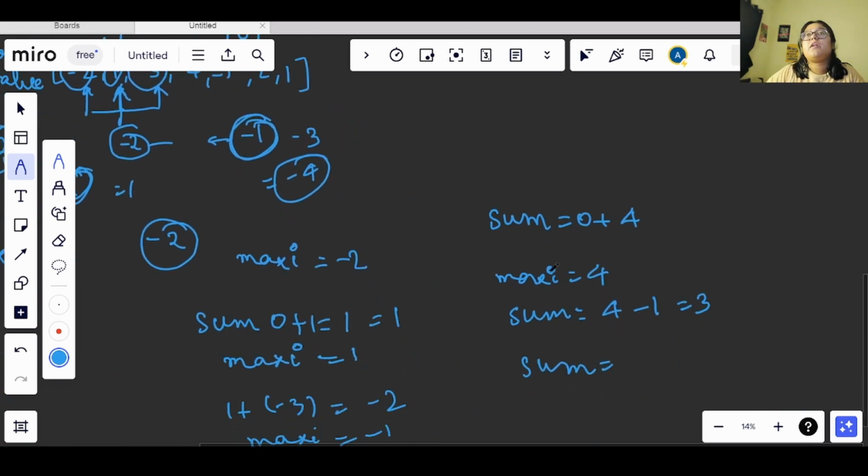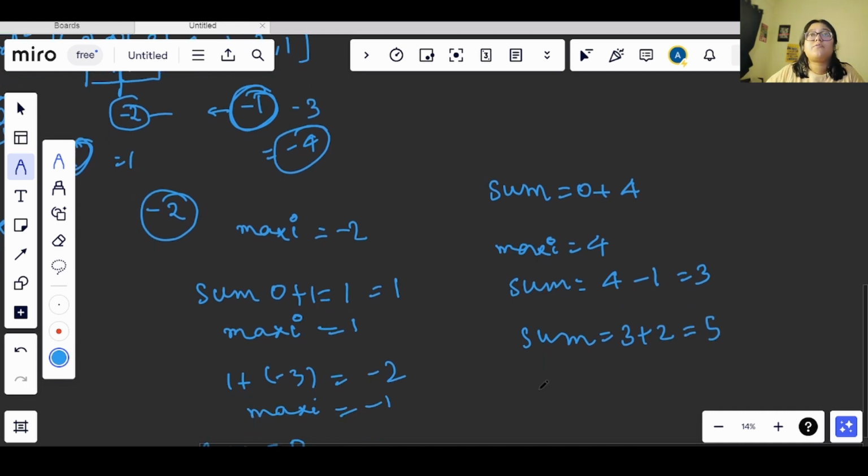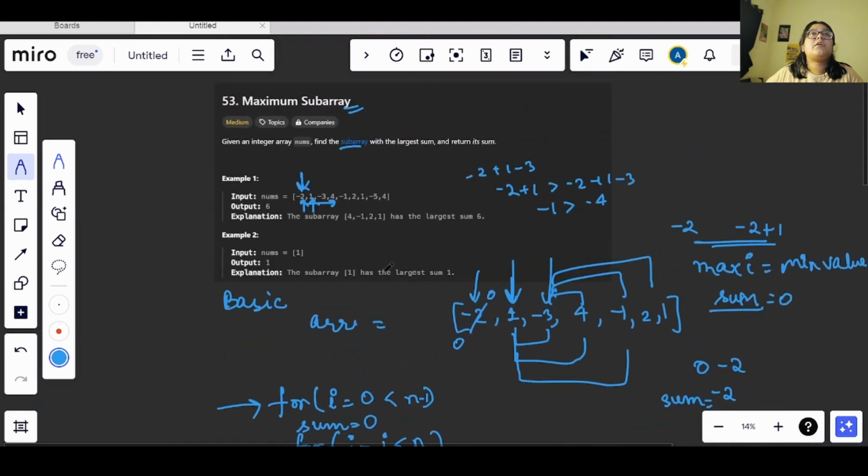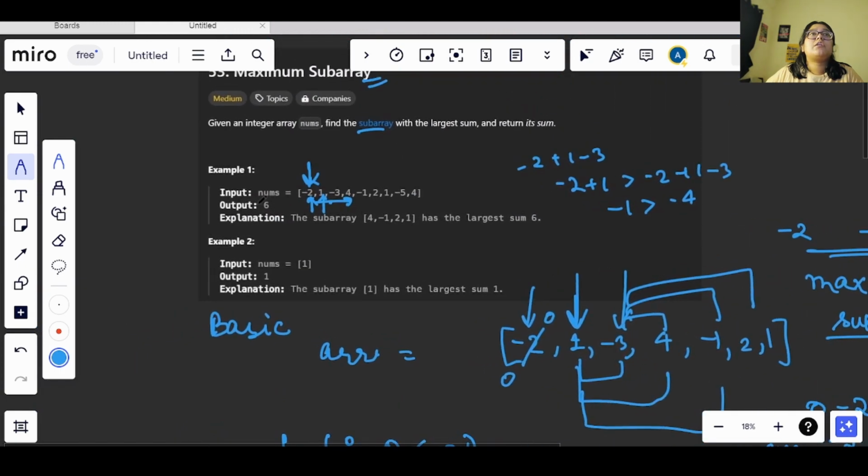So again we will add 2 to this 3, so we will get 5 here. Now this is also positive, so this will not get updated. After this we will have the last value as 1, okay. So we will add 1 to this, and therefore we will return 6 as the answer, okay. And as we can see, the expected output is 6 only.